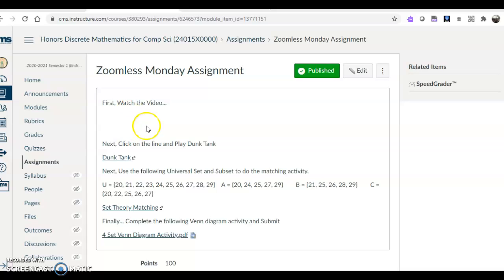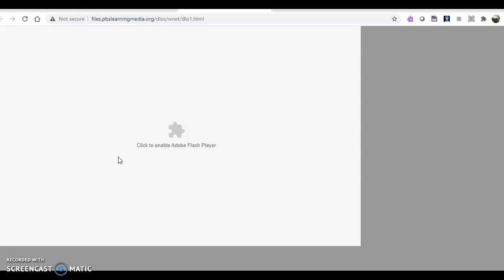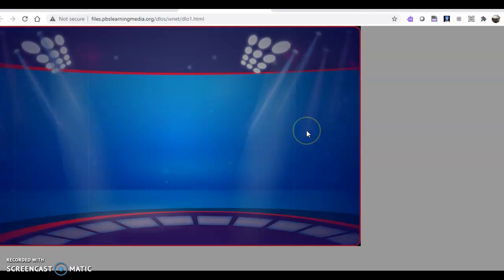There will be a video, this video that you're watching right now, that'll go right here. The first assignment, I want you to play this. Click this, you're going to go to a different website. And if you get something that it's not allowing you to open the Flash player, right up here, there might be a little red exclamation point on your Chromebook or something that you need to click that allows Flash Player to open. So if you can't open the Flash Player, look up here, see if you can allow that to open. And once you allow that,